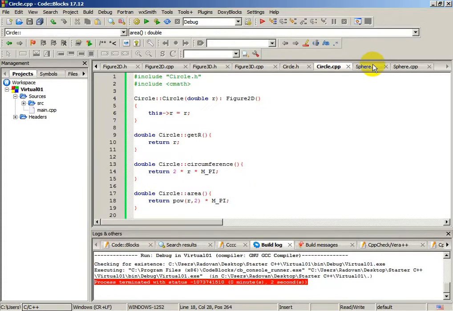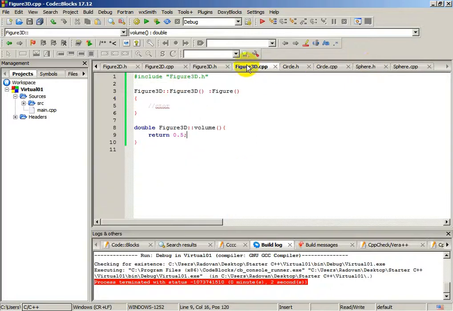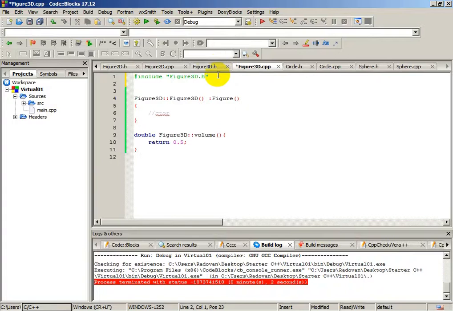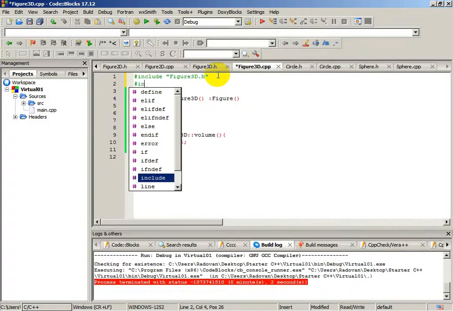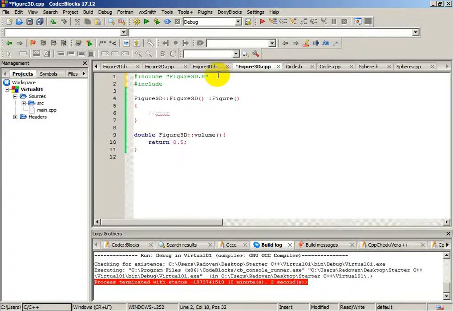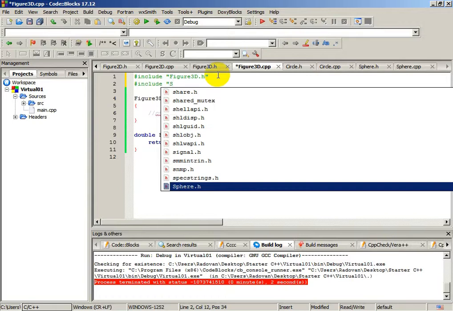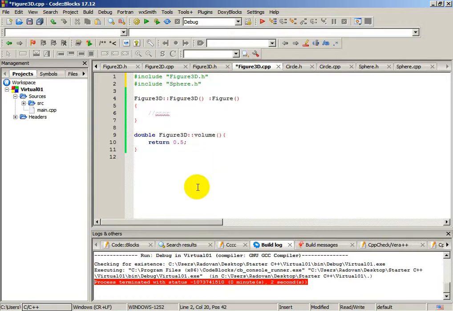And this class sphere will extend figure 3D class. Here it is, and in the figure 3D.cpp we will include derived class. We will include sphere here,